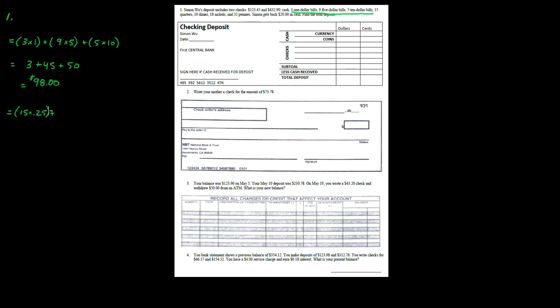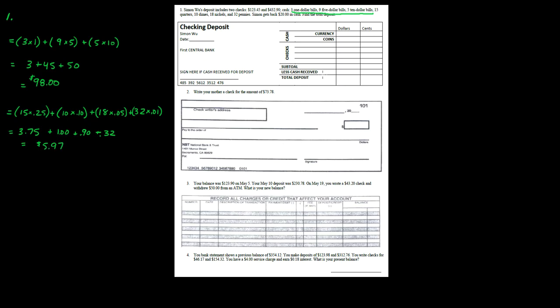So now we're going to do the coins, and in the coins, we have 15 quarters, so that's 15 times 0.25, plus we've got 10 dimes, so that's 10 times 0.10, plus 18 times 0.05 for the 18 nickels, plus 32 times 0.01 for the 32 pennies. That's going to give us $3.75 here, $1 here, 90 cents here, and 32 cents here. When I add those together, it's going to give me in currency